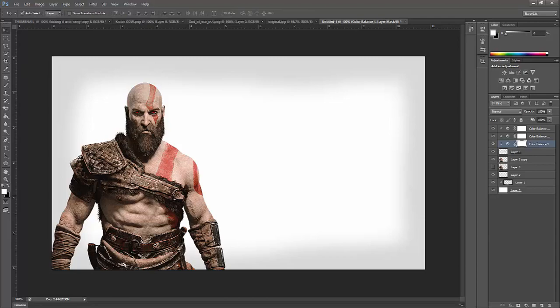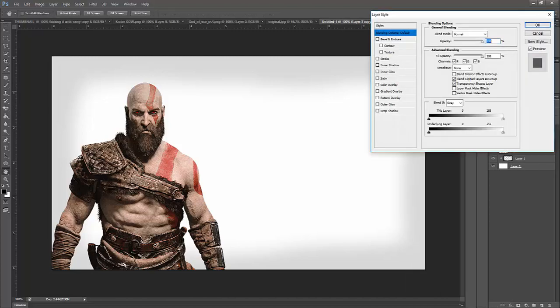So now what I do here is I'm just going to come down to this image, create a new folder for him, so I don't have to keep selecting all of them. And then we can remove that, and that just brings out his eyes. As you can see, his eyes are just that bit more red, and they look that little bit cooler. And yeah, so now what we're going to do after that is go back to our Kratos,